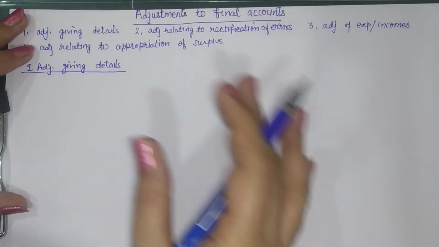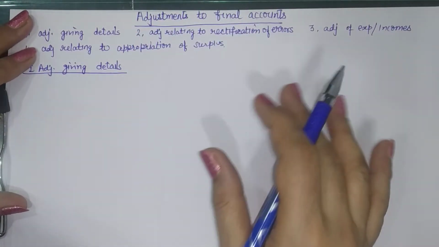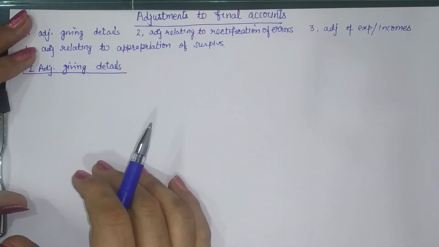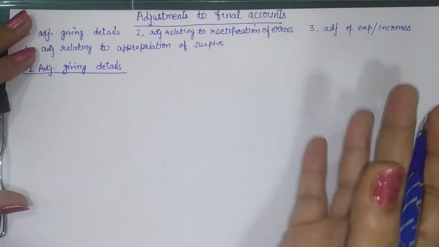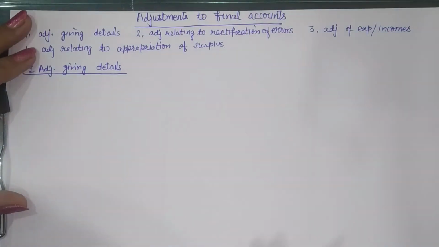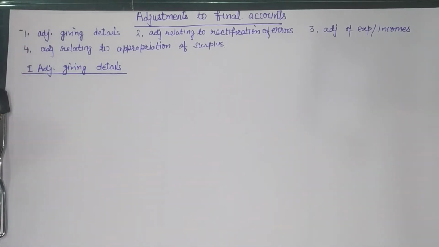Likewise, we might be given bank loan, but in the adjustments we are given that this loan has been taken on the security of, say, premises. So additional information is being given. So in the trial balance we are given the share capital, and the details provide us that out of this share capital, this much amount was issued against acquisition of, say, land and building, or this much amount was issued to the promoters of the company. So we are just given the details. These are not actually transactions.